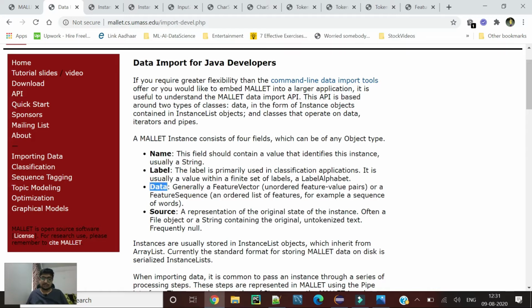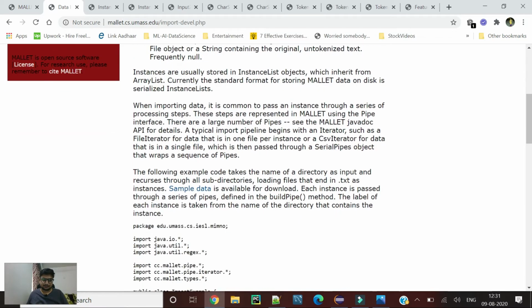Data is the sequence of characters or words, basically the string, and the source is again the sequence of characters or words, but it remains consistent throughout the pipeline. It doesn't change. The data is the string which is going to change over time in the pipeline.